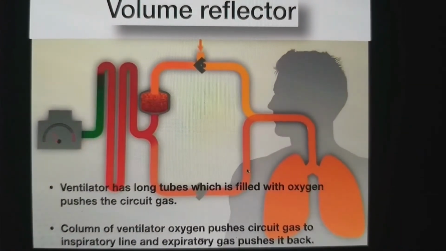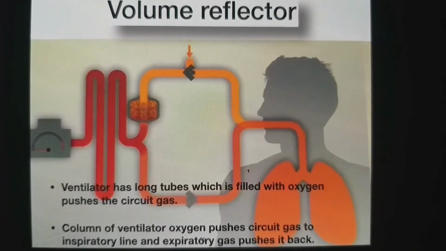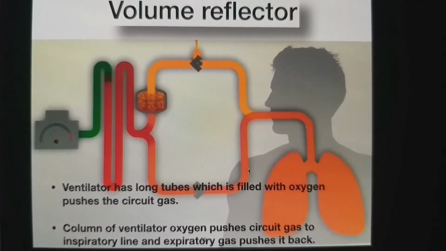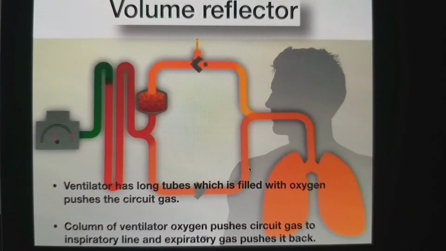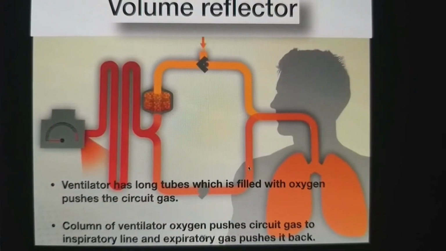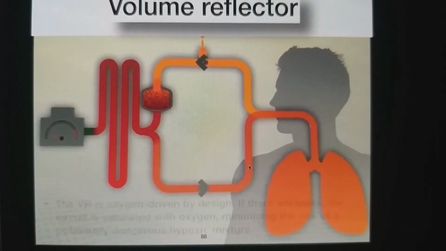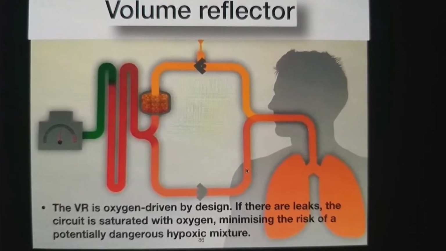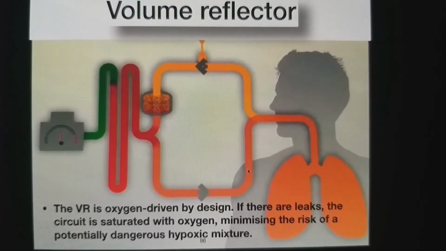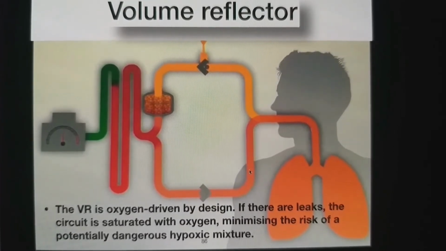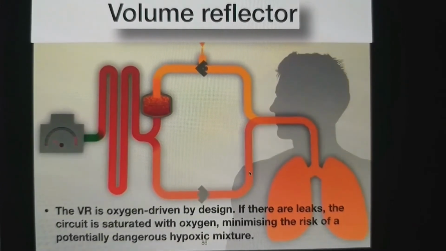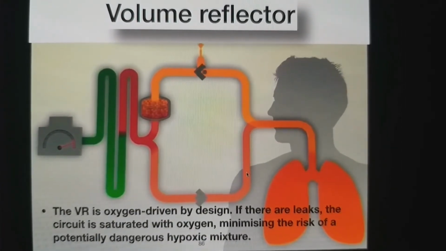Here, driving gas, instead of a bellow, there is a long tube. Now, this long tube directly communicates with the patient's circuit. So, oxygen is pushed, it will push the flow. Now, this is called an oxygen-rich circuit, because here there is mixing of fresh gas flow with driving gases. There is a need of driving gases, which will push the oxygen flow, but there is a mixing of both. And in case of leak or insufficient oxygen in the system, this driving gas oxygen can be used, and this will prevent hypoxia. So it is an oxygen-rich design.